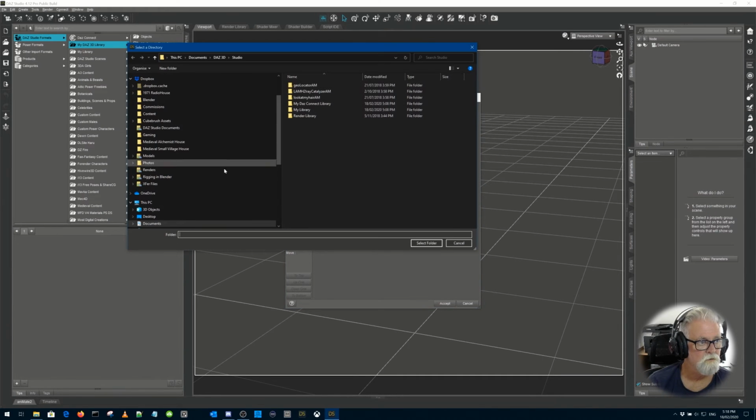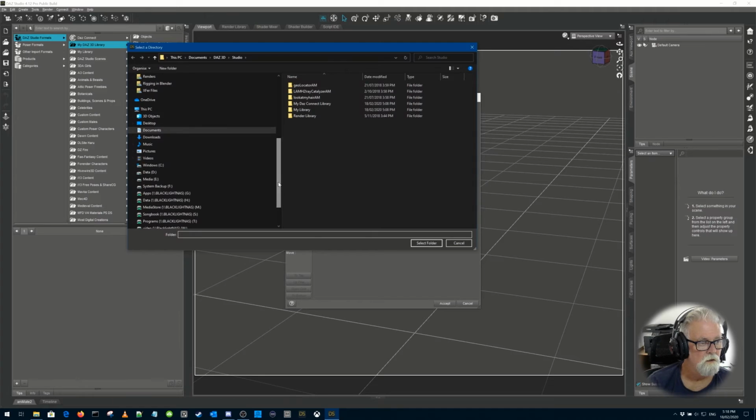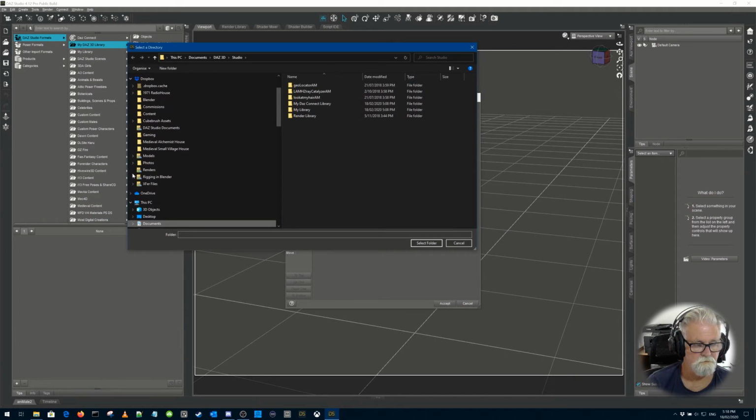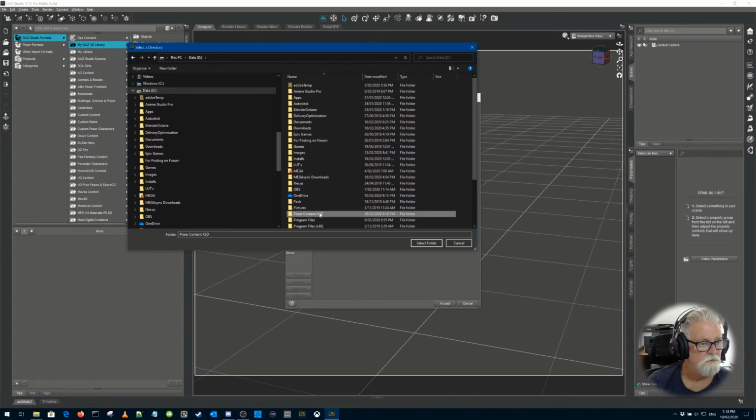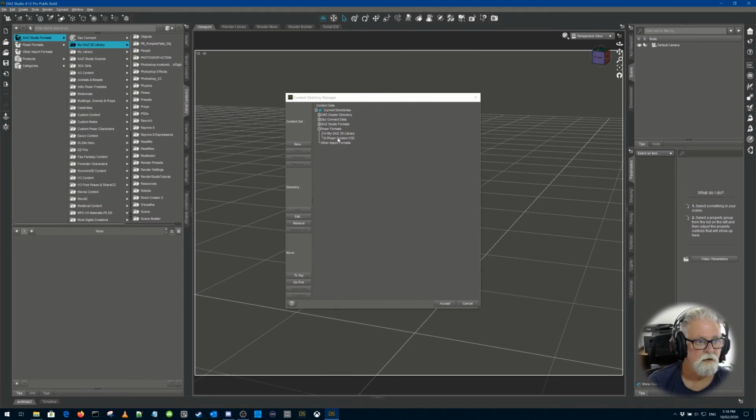This will take us into the Explorer window where we need to go and find it. And I just opened the wrong one. D drive. It's in here somewhere, sorry, D drive. There it is, Poser Content X3D. So you just select folder and it's there. Now, if you've got a lot of them, you can move them up and down and put them to the top with these buttons down here. But if you now just click on accept,